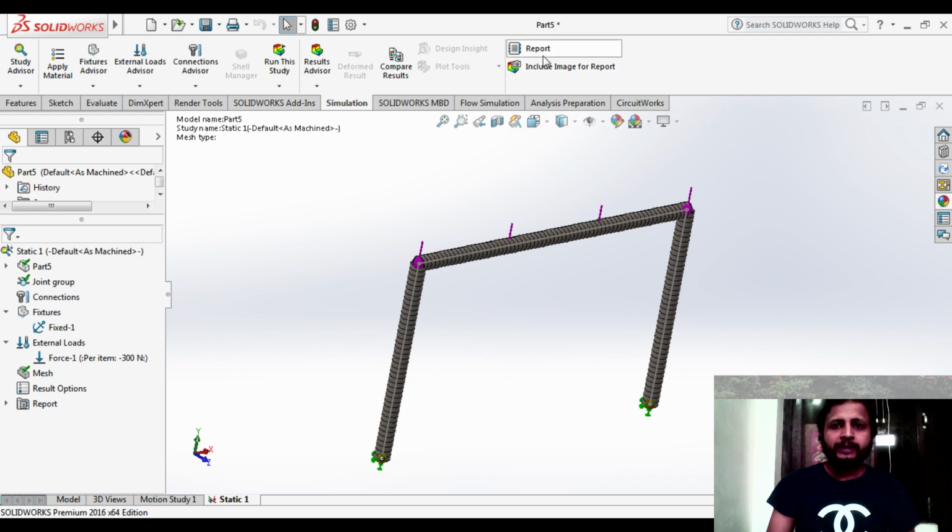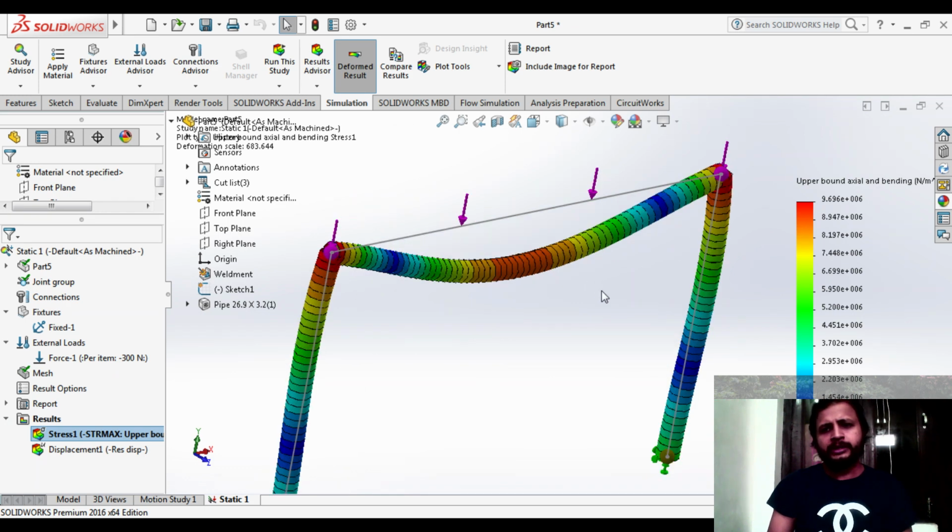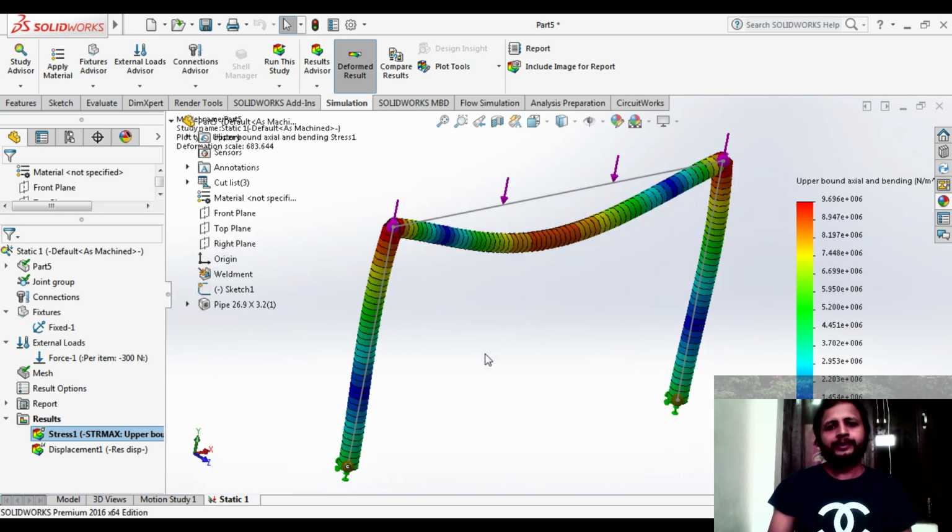Okay, so this image will take, and when we click on this, you can generate the report, but before the report you will run this study, and when you run this study you will see here, when we have applied the 300 Newton force here, what is going on: the whole thing is bent here. A U shape has been created, and the red portion area is showing that the stresses are very high, and also displacement is very high at this particular point. Stresses are very high.